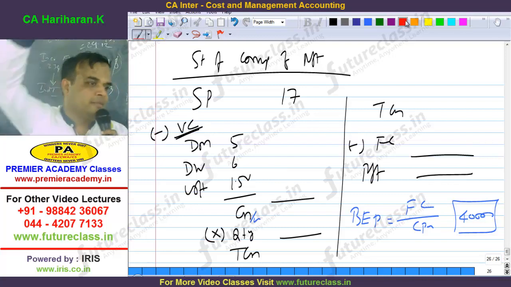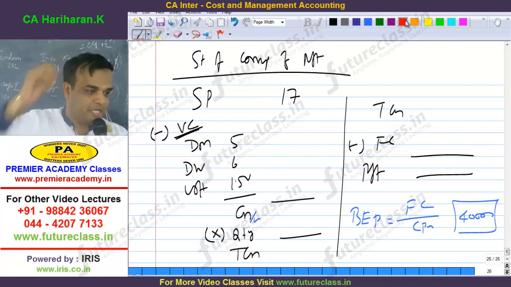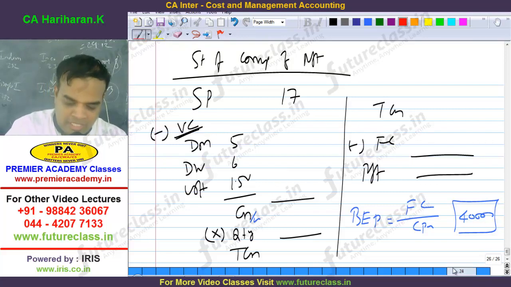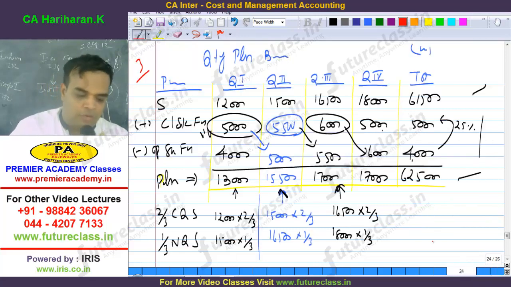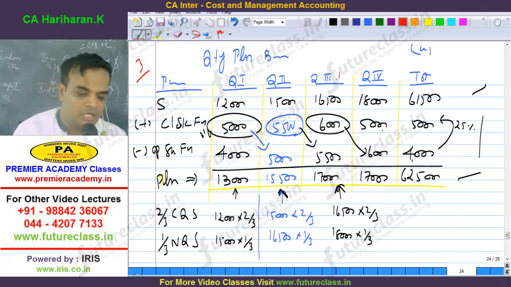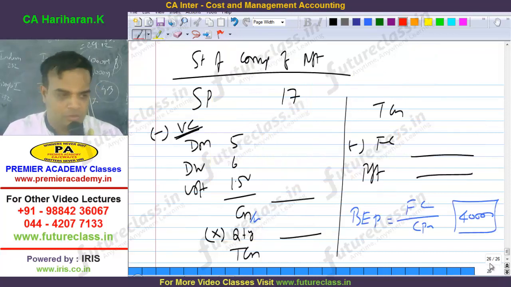Now, how many of you fully completed? Let us care about the question. Which quarter does the company earn BEP? You have to write third quarter. Where do we get 40,000? None of the quarters individually gives it, only the total. Total of what? Cumulative, you have to add. First quarter plus second quarter, when we cross the third quarter we are crossing 40,000. Therefore, in the third quarter we are reaching BEP. How many of you wrote third quarter? Good. Please do it fast.